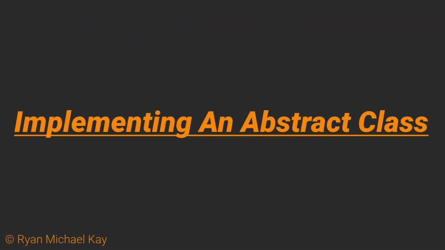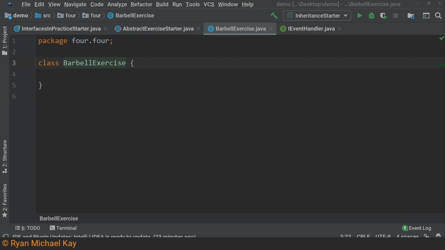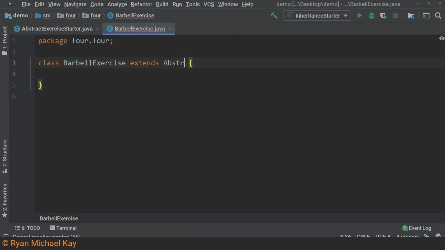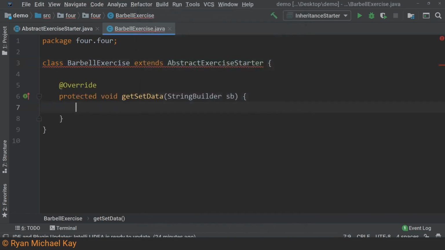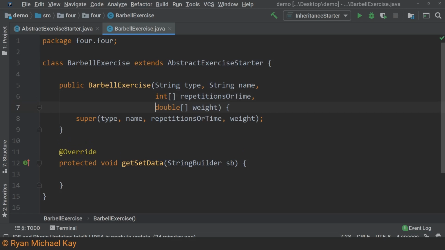Go ahead and open up barbellexercise.java in the demo source code. We will not be implementing every kind of exercise, but we will implement this one. Since abstract classes are a form of inheritance, we use the extends keyword just like a regular class. Now that we have specified the parent class, my IDE is complaining that it does not implement the abstract method defined in the parent. I will fix that by clicking on the red underlined text, hitting Alt-Enter, and then Enter. Again, Java is a terribly verbose language, so I will let my IDE do the heavy lifting by using Alt-Enter again. Now all that is left is to implement our abstract method.